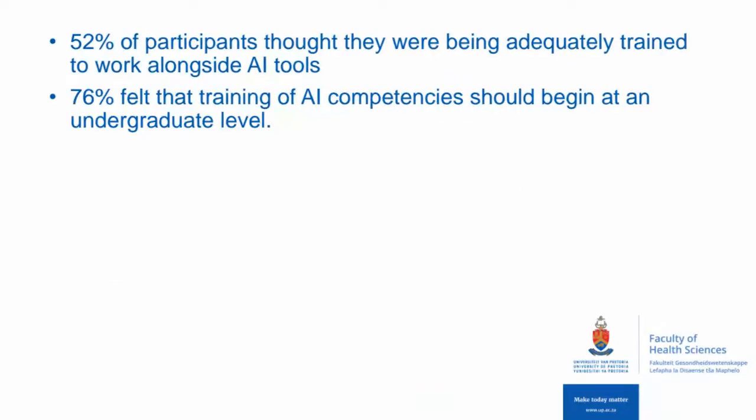So the questionnaire asked the students if they felt that they were being adequately trained alongside AI tools in their current degrees. And interestingly, 52% said that they were, but if we contrast that with how many said they were familiar with AI out of 46, it was just an interesting thing that we picked up. But most of the participants felt that training in AI competencies should begin at an undergraduate level, so training them once they get into tertiary education in AI,